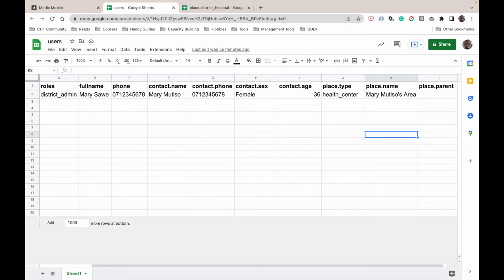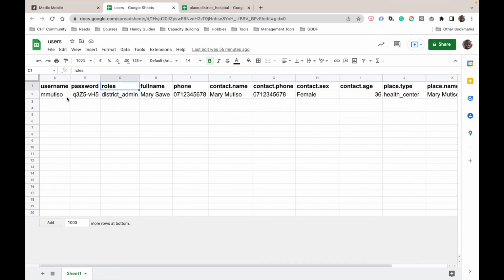And again, I'm doing it on Google Sheets. And then I'm going to download as a CSV document. However, you can use any other CSV editor that you feel comfortable with. Just ensure that you have the right file names for the files that you're working with. And so here I have the column names that are required. I have the roles column, which specifies the role of the user being created, the username and the generated password for this user, their full name, their phone number,